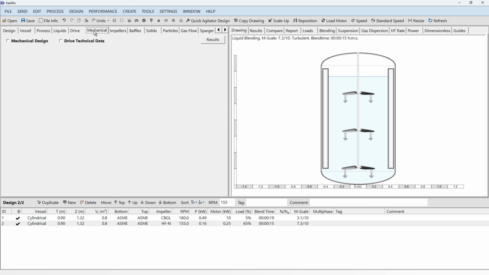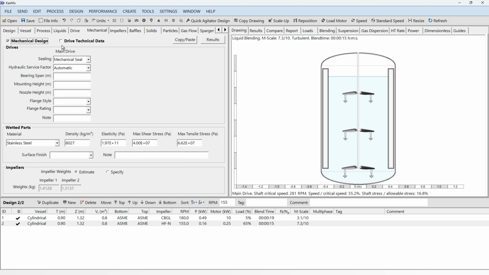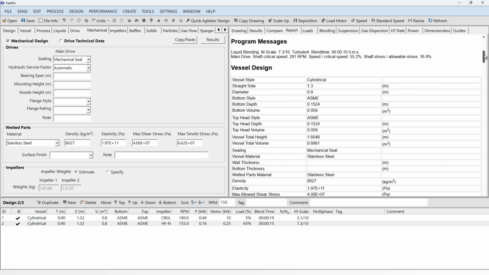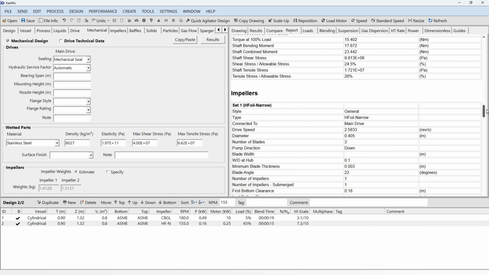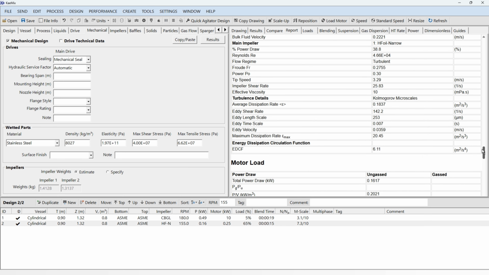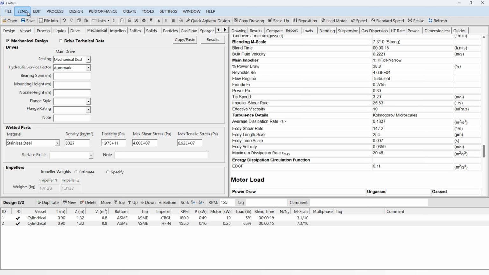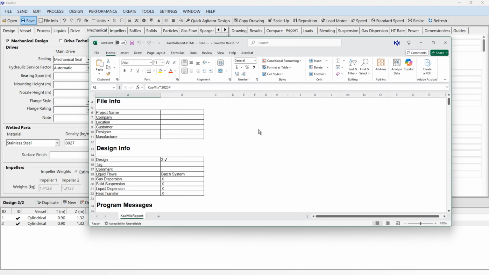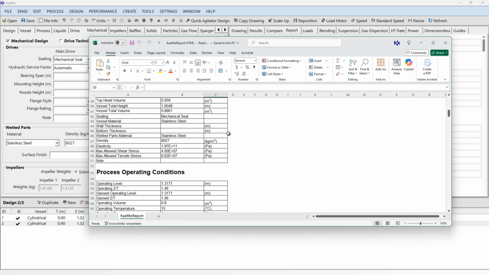We now enable the mechanical design calculations. K-Mix will then report the shaft critical speed and the shaft stresses as a percentage of the maximum allowable stresses. This information is then added to drawing captions, and it is also included in the Results Summary tab. Detailed results can be viewed in the nicely detailed report. It has all the user inputs, calculation results, and program messages. This can also be sent straight to Office programs such as Excel. When you do so, you'll notice that it comes in with a clean layout and nicely formatted tables, although unformatted text output is available also if needed.